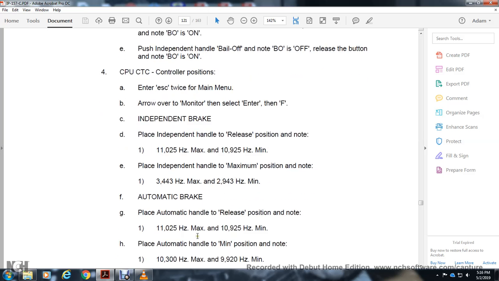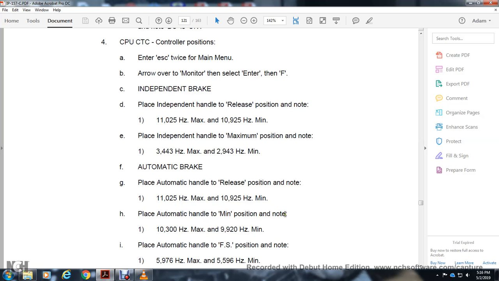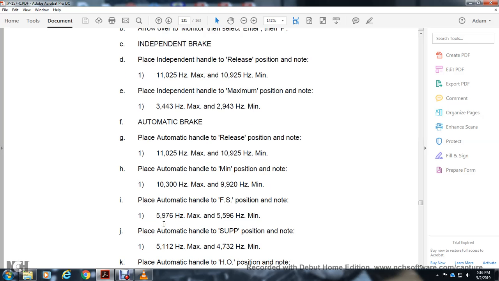2,943 hertz minimum. Automatic brake handle in the release position: 11,025 hertz maximum, 10,925 hertz minimum. Place the automatic handle in the minimum position: 10,300 hertz maximum and 9,920 hertz minimum. Automatic handle in the full service position over the